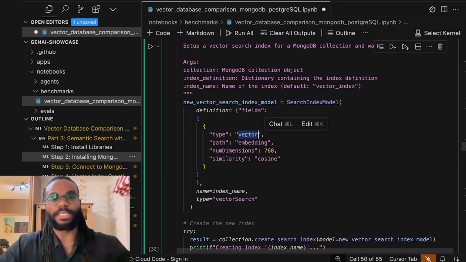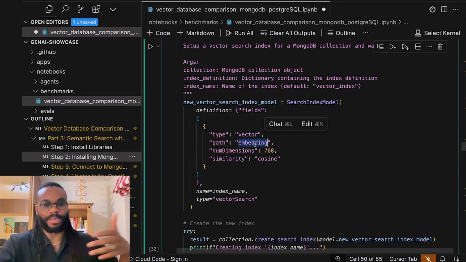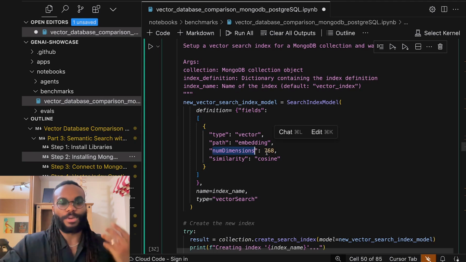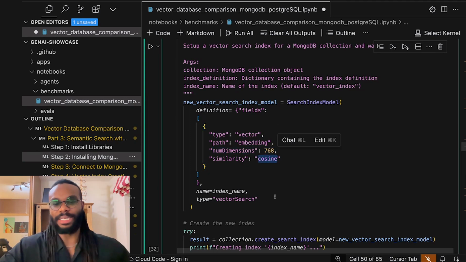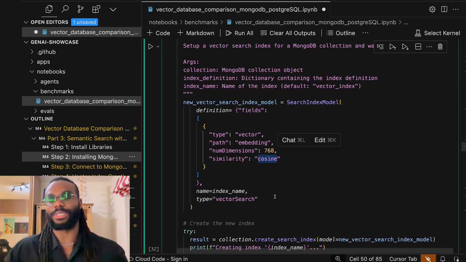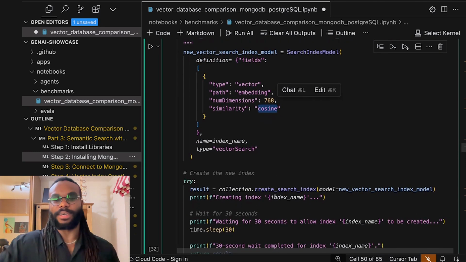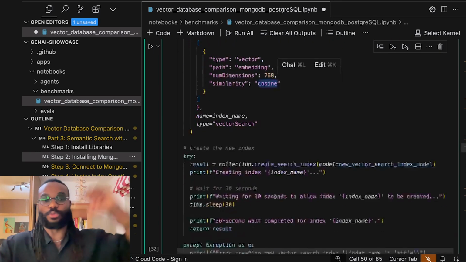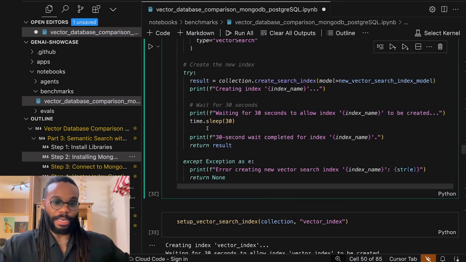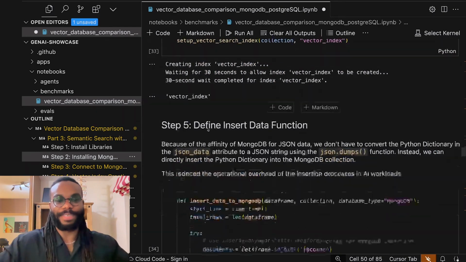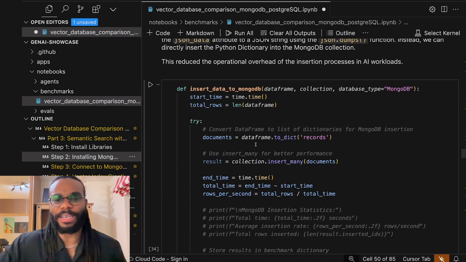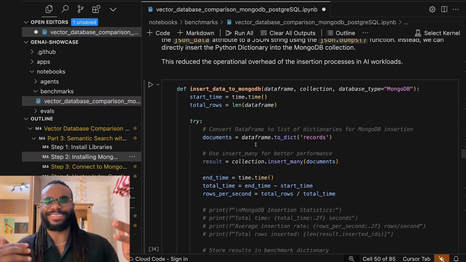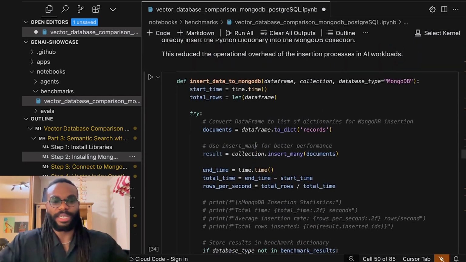And what we do is we're creating our index. It's going to be a vector type index, we specify the path, we specify the number of dimensions, which is 768, and the distance function we're going to use, which is cosine. So nothing new or different to what we did over in Postgres. Typical steps. Next, we have our insert function, similar as well, but you'll notice there is less code, just visually,